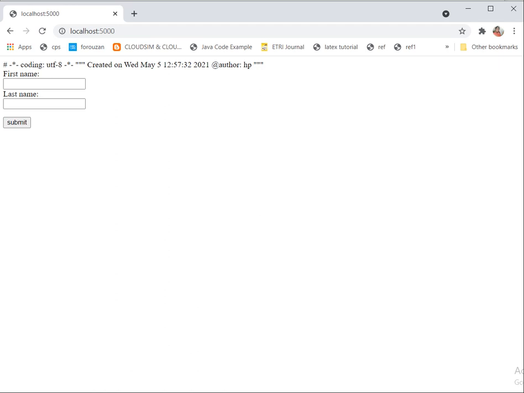Can you able to see here, it's showing the first name, which is the label, and this is the text box, and then the next label is last name, and again the text box, and finally a submit button. So this is your HTML file that is rendered when running this web server. It is communicating to the front end HTML file. Here I am giving GCT, and this is a college. So GCT is the first name and college is the last name.